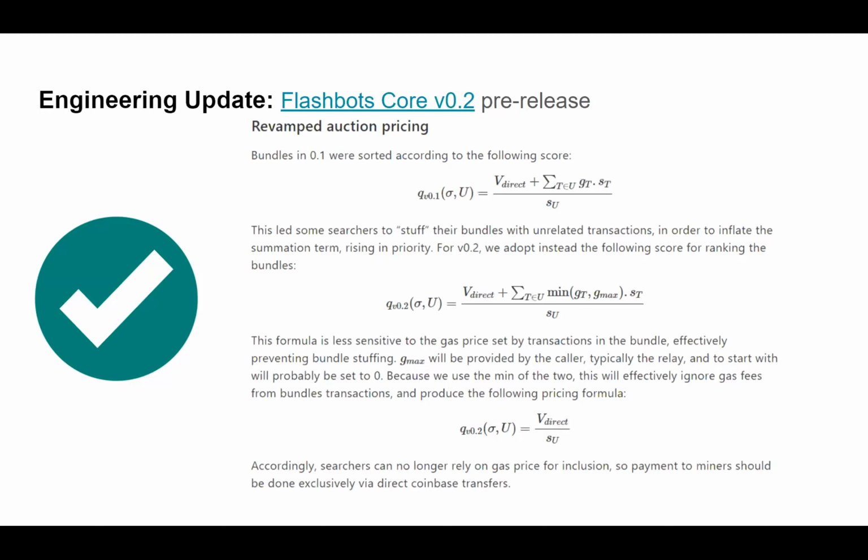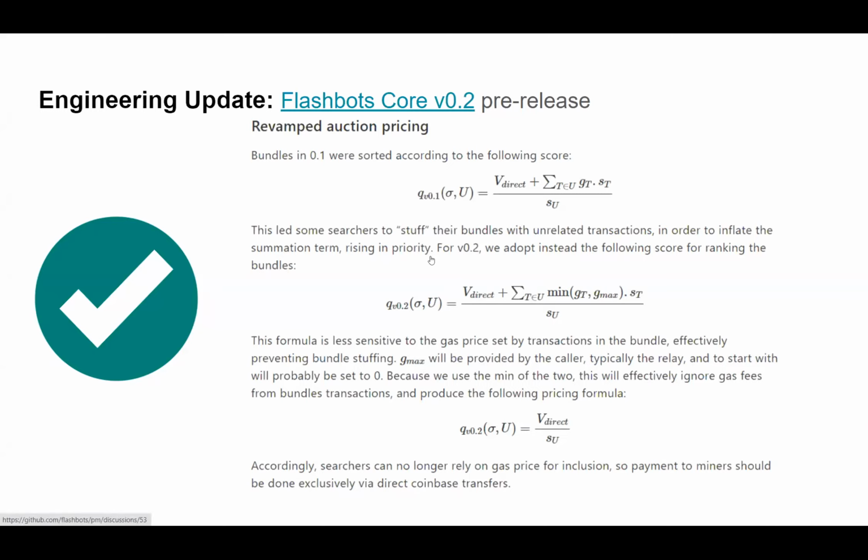So at the bottom here, what you see is the new scoring equation that only looks at direct payments over gas used. So now any bundle that gets included will need to do a direct payment, and only the direct payment is considered valid. This changes some things on the searcher side for how they can estimate the amount of value that they are delivering to the miners. If any of the searchers are using purely gas price, that will no longer be compatible. And then on the miner side, like I mentioned, this should eliminate some edge cases, some race conditions where less profitable bundles were being included.